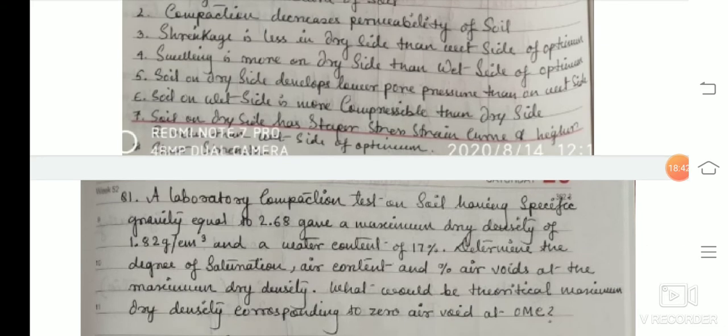So, the next property is swelling. So, what is swelling? A clay sample compacted on the dry side of optimum has higher water deficiency than when it is compacted on the wet side of optimum. Hence, greater swelling pressure and greater swell can be achieved on the lower water content side than the higher water content side. So, this is the effect on swelling.